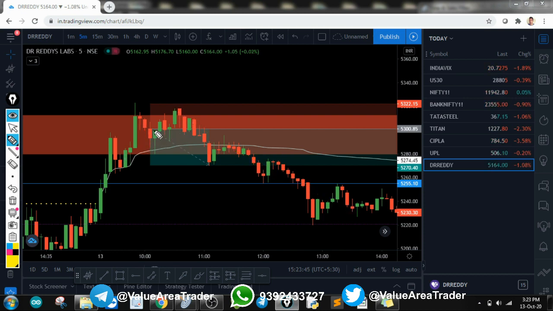I shouldn't have taken a sell trade when it had not crossed the VWAP. I thought it would just retrace back to the VWAP, and I kept a target which is very far. So it was a very bad trade. There is nothing to learn from it. But still, let's say we were lucky to not hit our stop loss and we got a profit here.